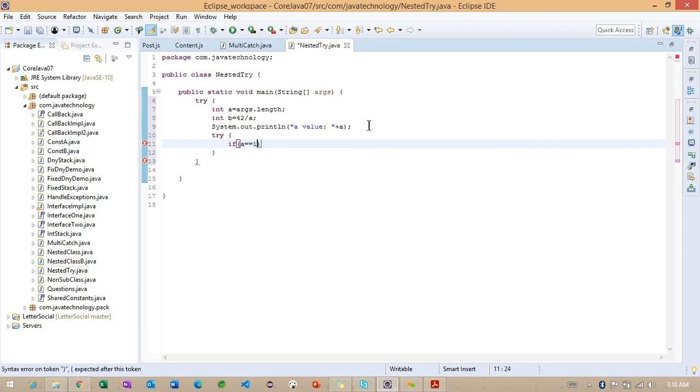If A equals to 1, what I will do here, A is equals to A minus A. So I'm trying to do some operations here. So if A is equals to 1, again I'm trying to do some division operation and internally with a subtraction. Getting the point.